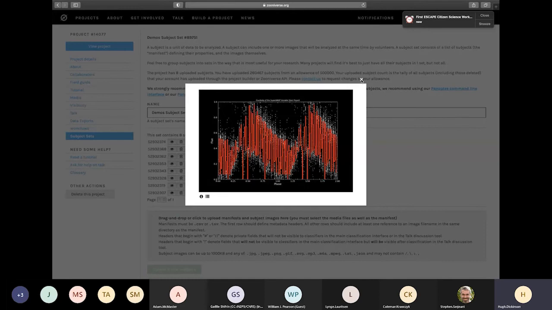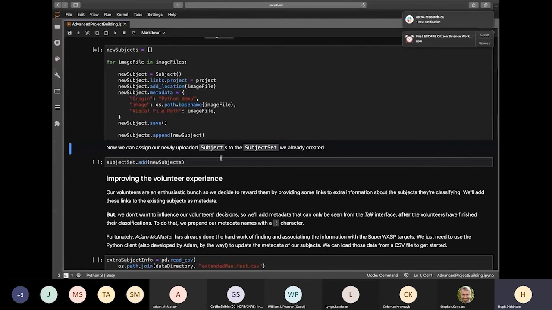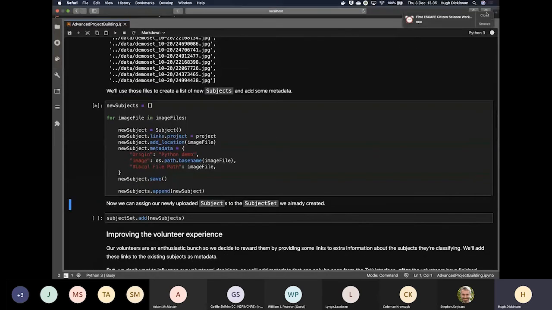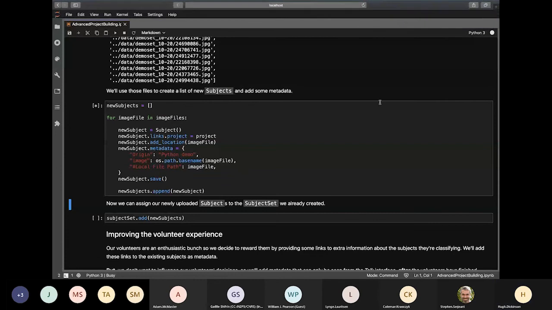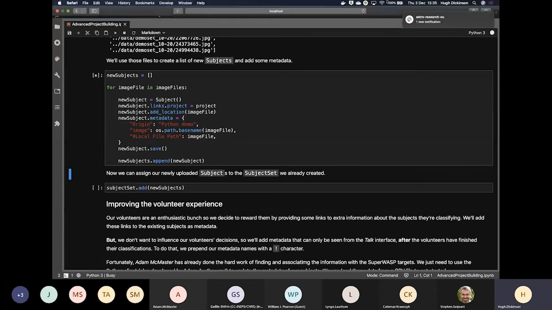and go back and see where we are. Still running, takes a little while. Once we've done that, we'll be able to add those subjects to our subject set that we've already created. Okay, I've got lots of things running at the same time. I'm going to assume that that's running, and we'll move on to the next section because time